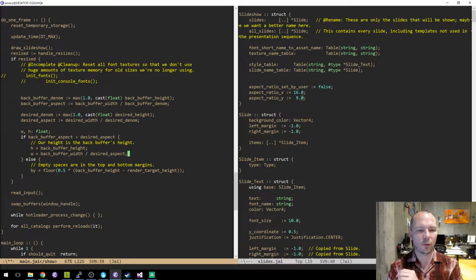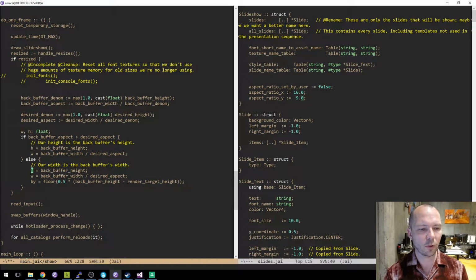Because that's times height over width. I believe that's right. So otherwise, our width is the back buffer's width. So in that case, W equals back buffer width, and H equals W divided by desired aspect. What?